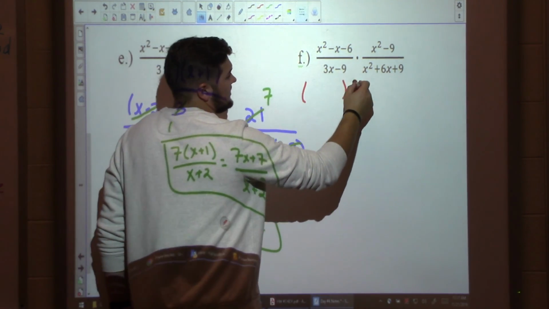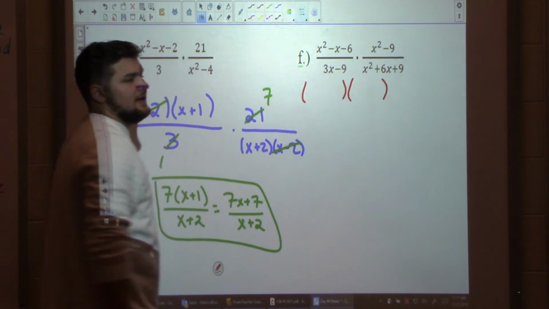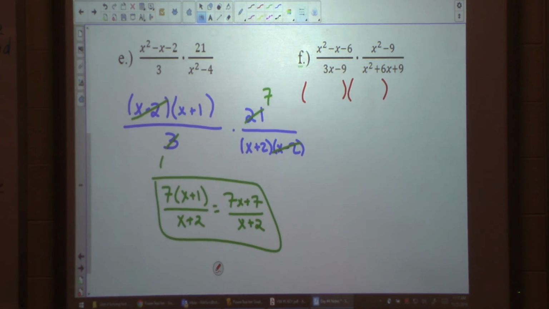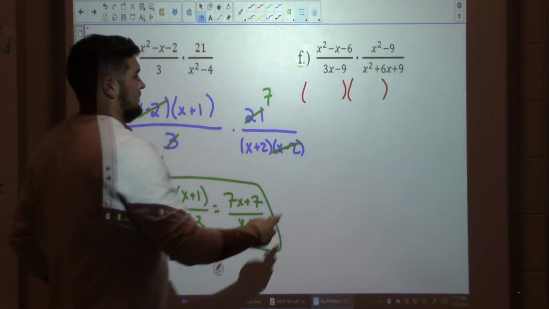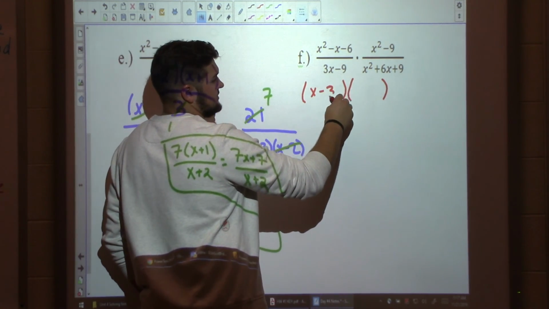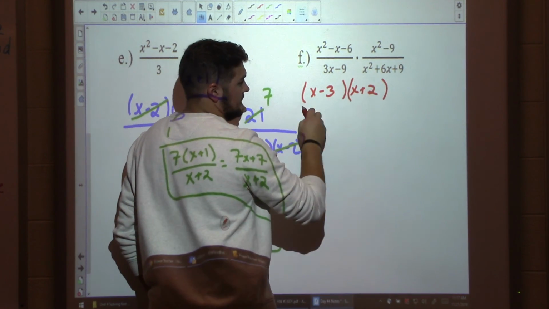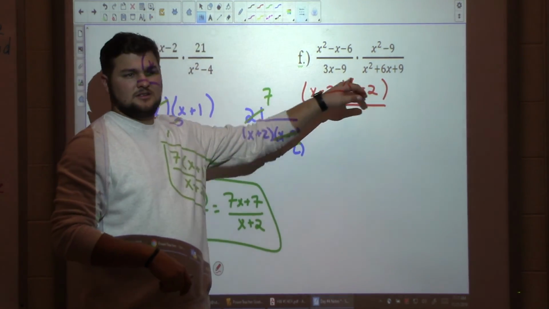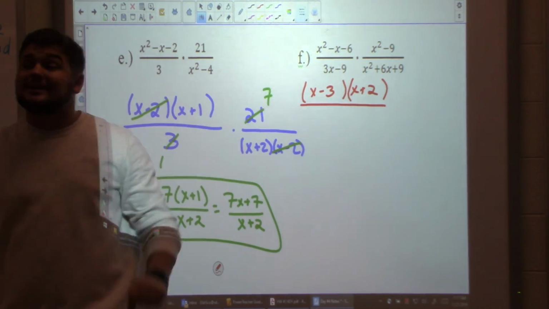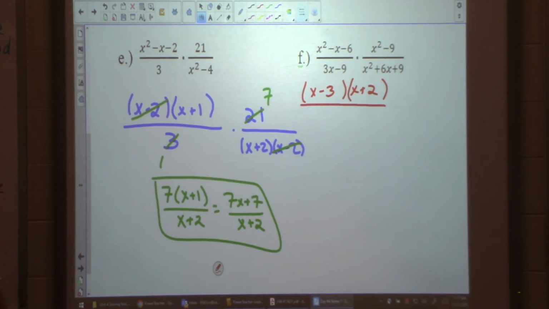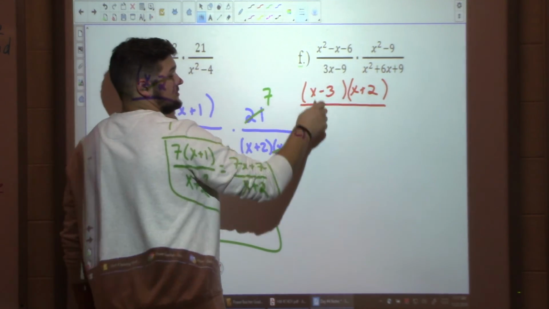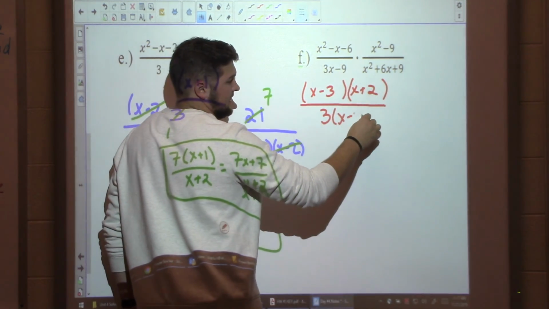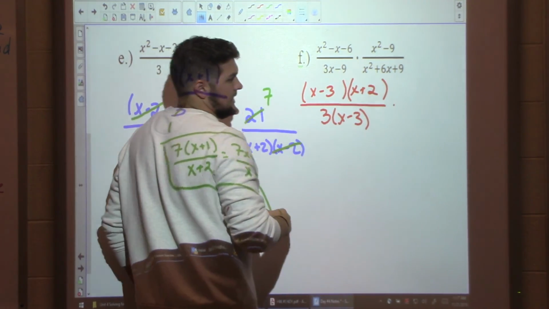Numerator. I need things that multiply to negative 6 but add to negative 1. Negative 3 and 2. x minus 3, x plus 2. Good. Denominator. Am I going to be able to factor it like this? No. But I can take a greatest common factor out of my denominator. I can take a 3 out. So I get 3 times x minus 3 times